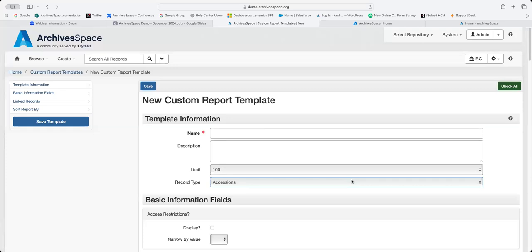ArchiveSpace is a community supported application. So users have the ability to request new features as well as report bugs. New requested features are commented on and encouraged by our community. Then based on that community input, we have a development prioritization subteam that elevates those tickets for development to our developers. That is an incredibly popular feature request, one that I also would like to see in the application,